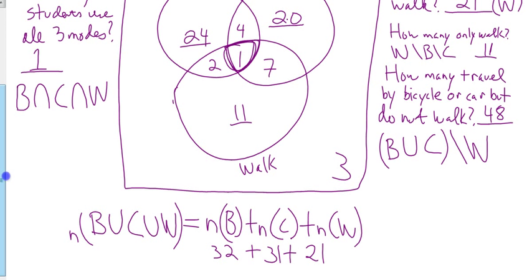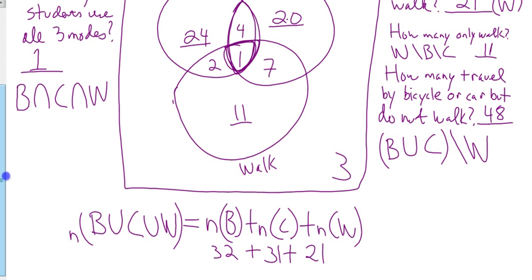Oh, 72, right? There's 72 students. What does this add up to? 63, 64, 84. There's only 72 students, so what have we counted twice? We've counted the intersections twice, right? So we're going to have to subtract from that the number who, because we've counted this 4 once as part